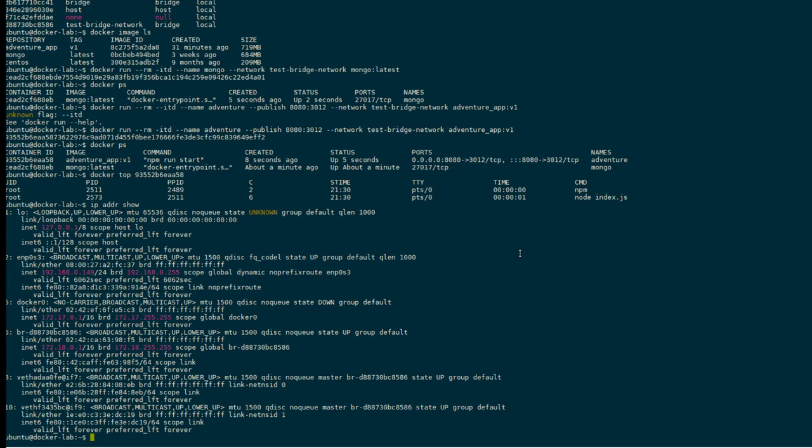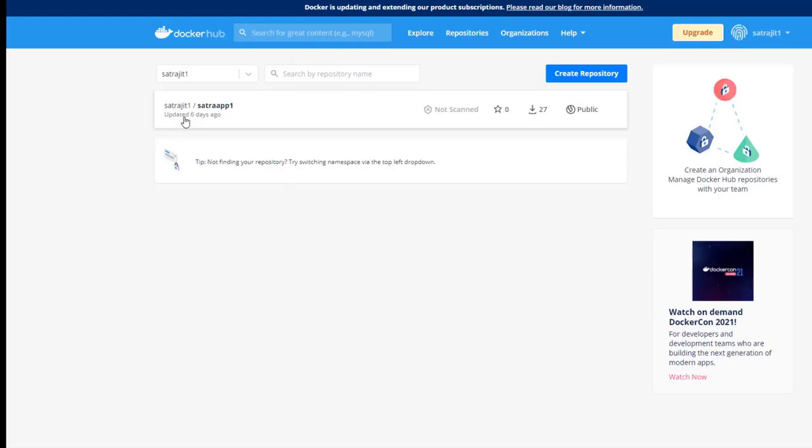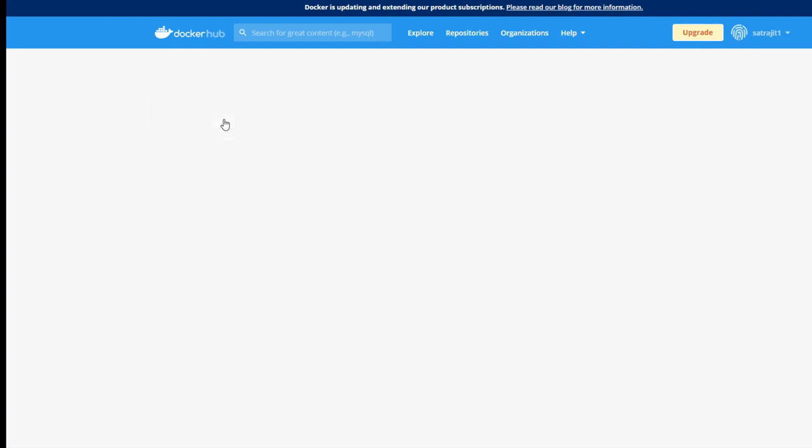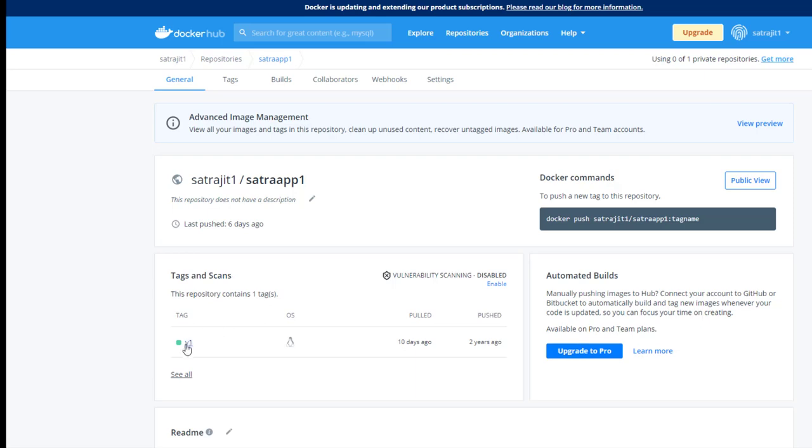Now as you have seen that our application is running fine, we can publish or upload this image to Docker Hub. For that, first we need to create a tag. Here we have one application already available with tag v1, so we will create a tag v2 of the same application.